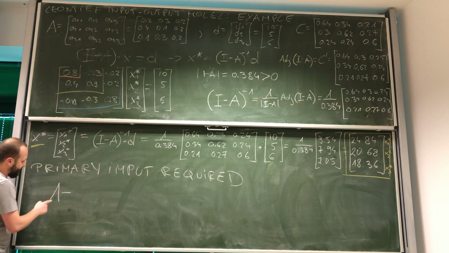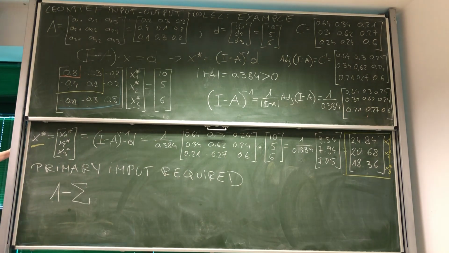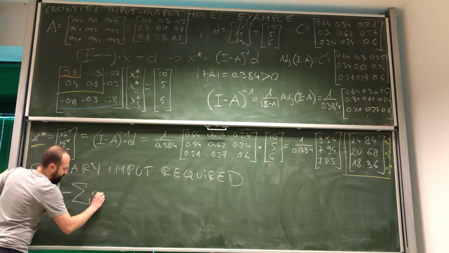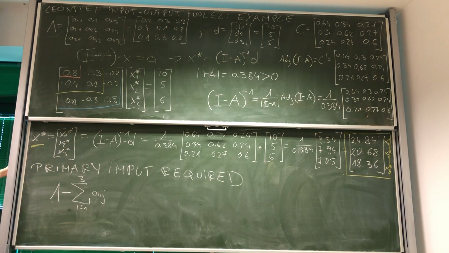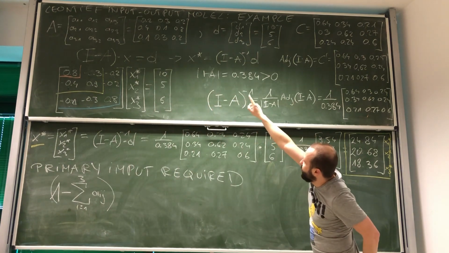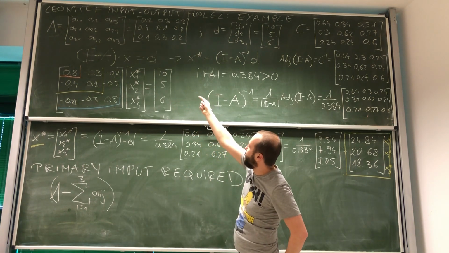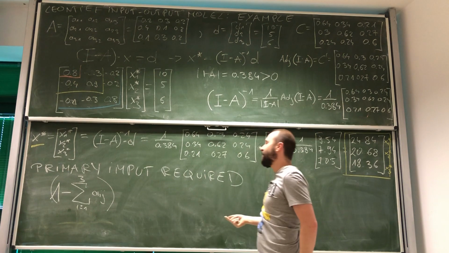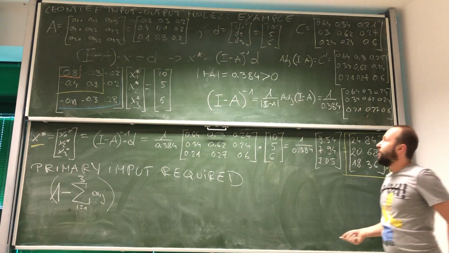Well, I hope you remember that was 1 minus the sum of a_ij with i equal to 1, and in our case j is equal to 3, right? And we take, let's just say that we're talking about first sector. Look, we get that intermediate inputs take 0.7, right? So 0.3 is what goes to primary input,